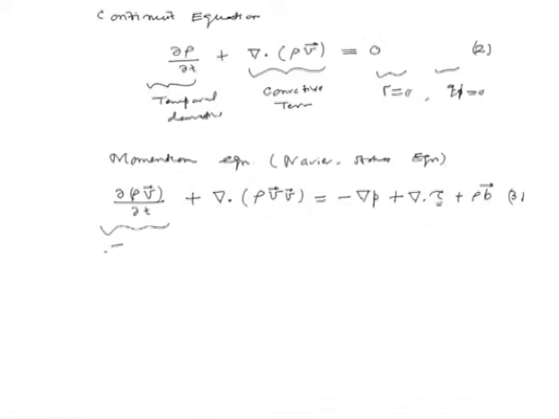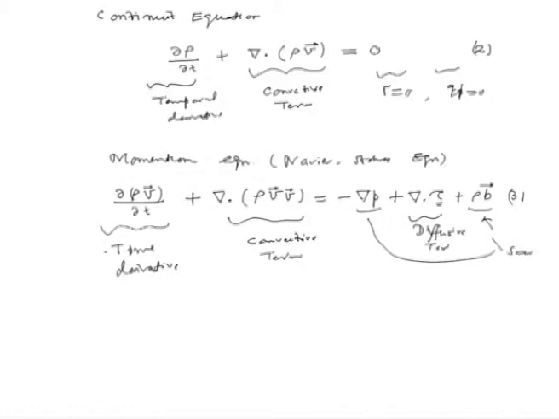We got a time derivative term, a convective term, stresses there represent our diffusive term, and this body force could be taken along with the pressure gradient. These two can be combined together in the form of what we call a source term. Okay, so form of these continuity equation and momentum equation is very similar to that of our generic transport equation,